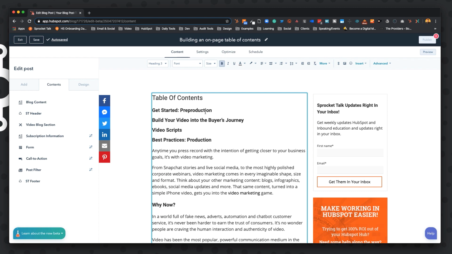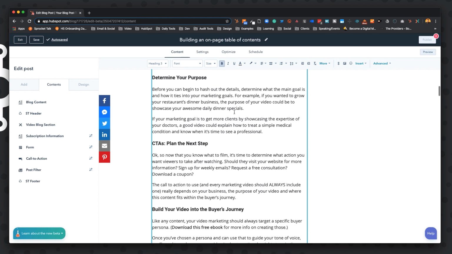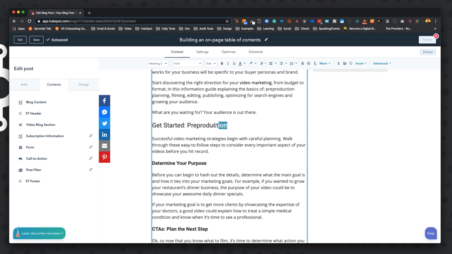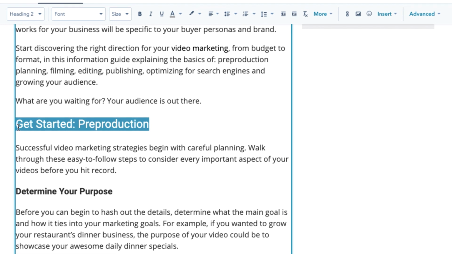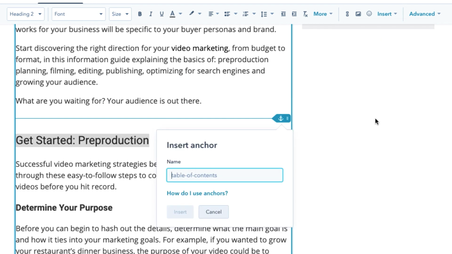So notice, getting started pre-production. We'll scroll down and look for getting started pre-production. We're going to highlight this, come over to insert, and insert what is an anchor. Now we can name this anchor, and we'll just call it pre-production, and hit